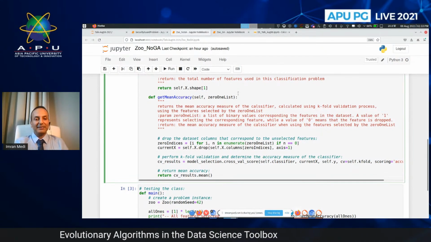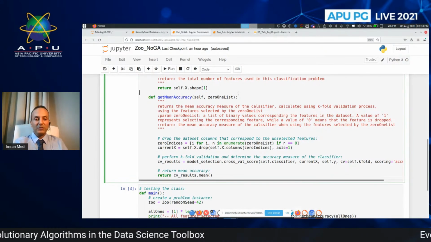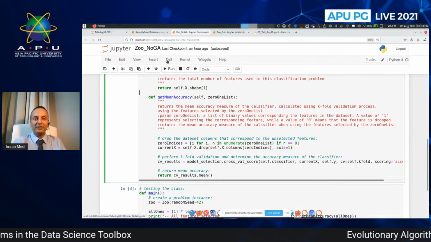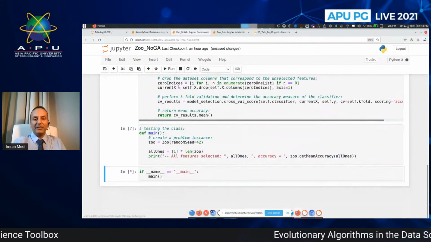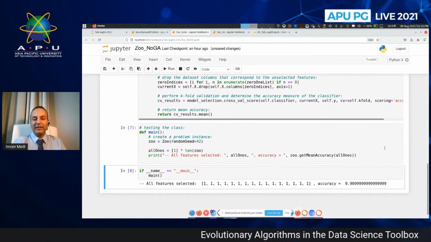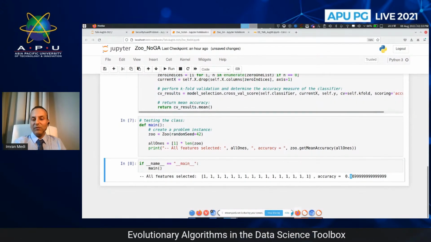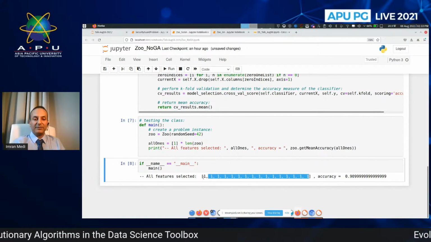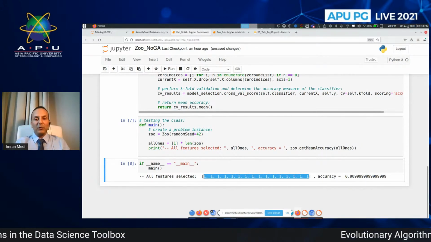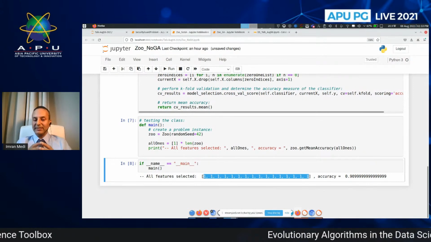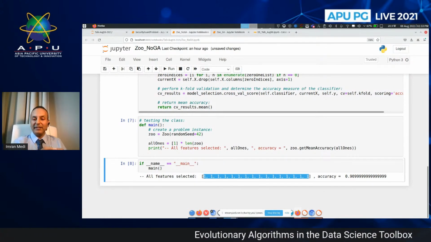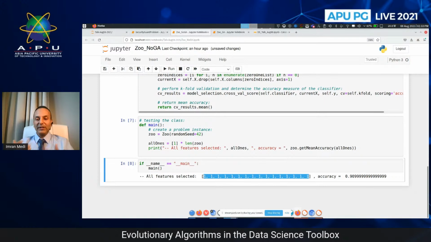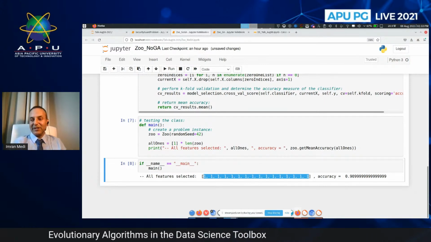And if we just use a classic approach and run this here, we'll see that this particular model gives us an accuracy of 91%. So using all the features in our data set, there's 16 features. Just plugging in all these 16 features into our algorithm, we can potentially identify what the animal is.